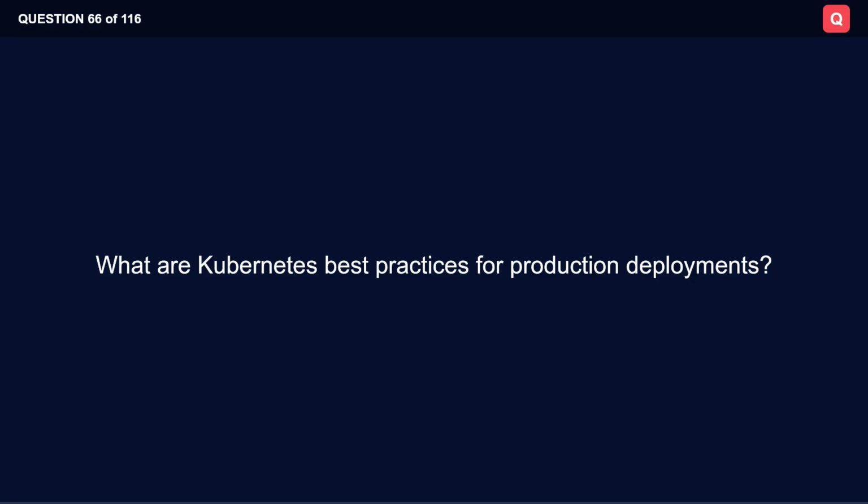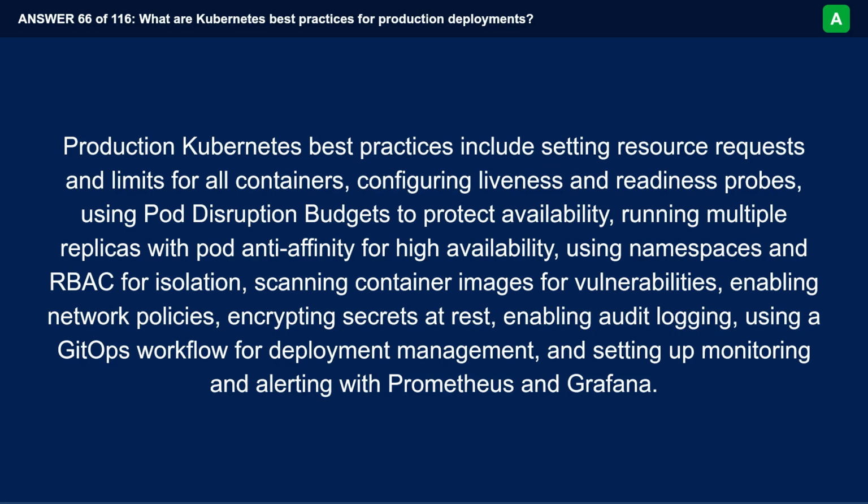What are Kubernetes best practices for production deployments? Production Kubernetes best practices include setting resource requests and limits for all containers, configuring liveness and readiness probes, using pod disruption budgets to protect availability, running multiple replicas with pod anti-affinity for high availability, using namespaces and RBAC for isolation,